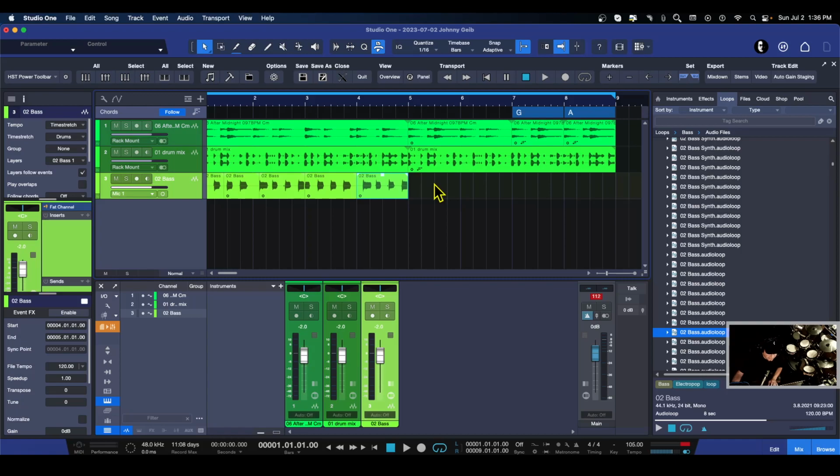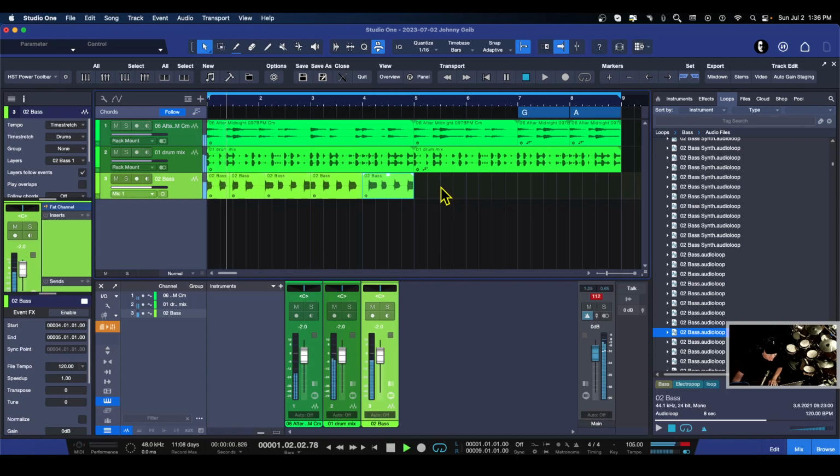So let's listen to this terrible thing here. Let's see this chord change. Okay, so